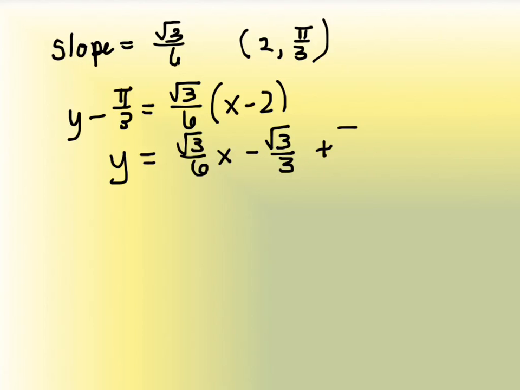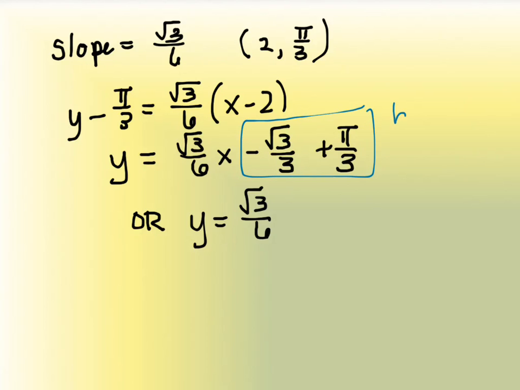And we're adding to this pi thirds. You can leave it written that way if you'd like. I actually have the slope times x, and then I've got the ordered pair at the end, that's the b, the y-intercept b at the end. It's a little bit awkward, it looks a little bit funny, so another thing you might see written in the back of the book, or if you want to consolidate it because it does feel a little bit awkward, is you could combine these last two pieces together,